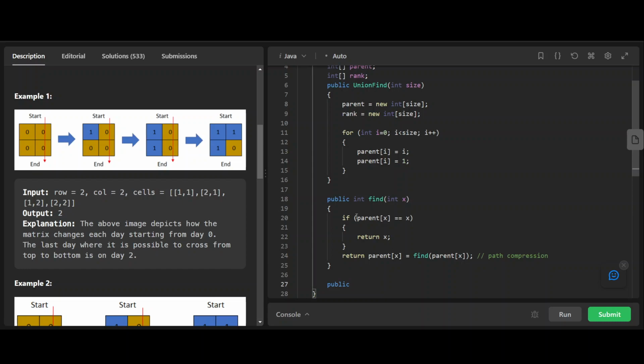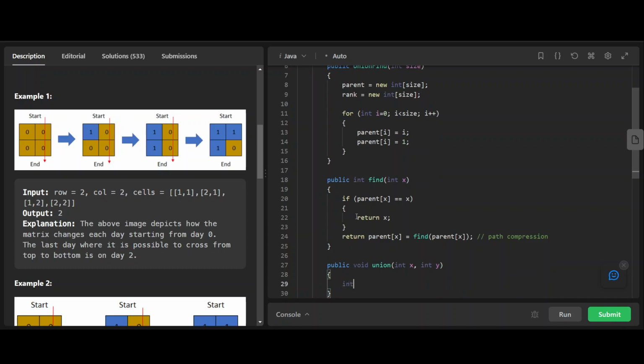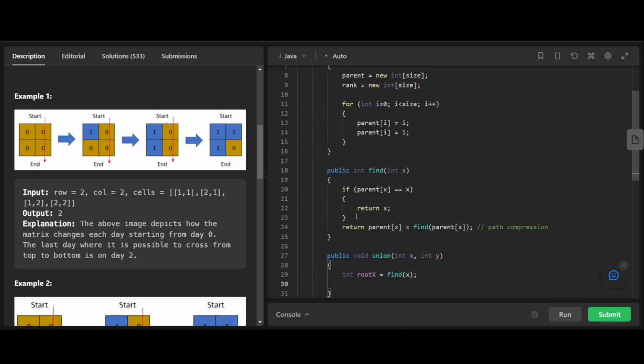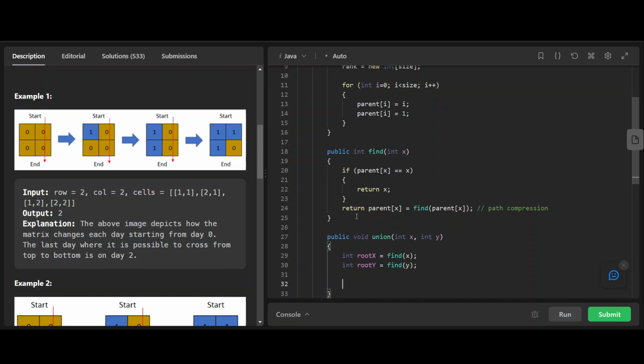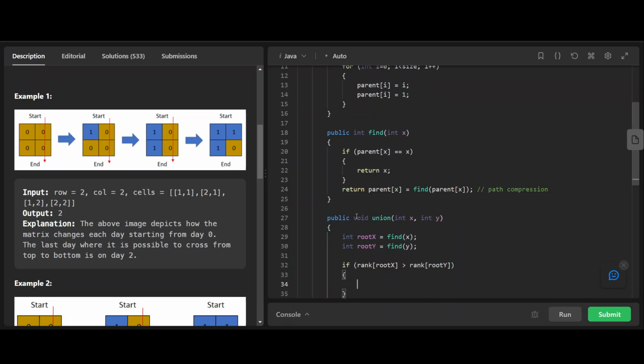Now you want to do union. So void union, x and y have to be unioned. You first find the root of x and the root of y. Now if the rank of the root of x is greater than the rank of the root of y, then you make the root of y the child. So you go parent of root of y equals x,